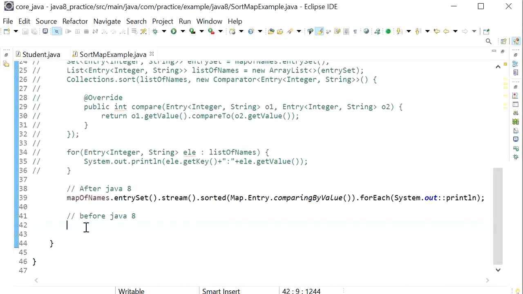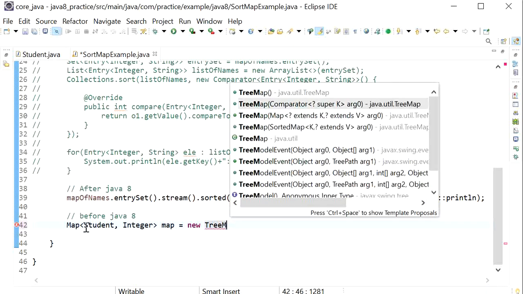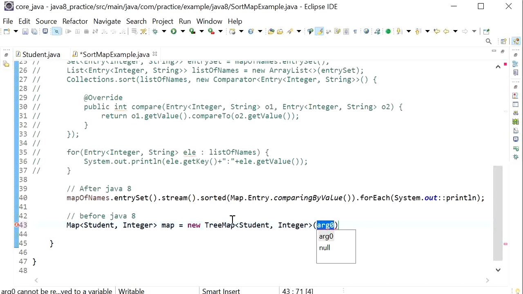So here I will just create one map object, that is the map of student object. Here I am using student as a key, and the value will be an integer. Map is equal to new TreeMap here, because we need to pass a comparator.